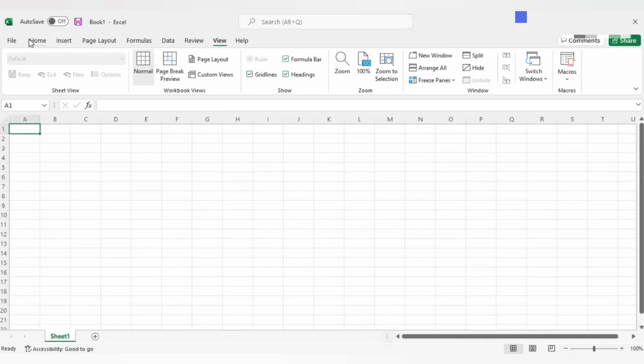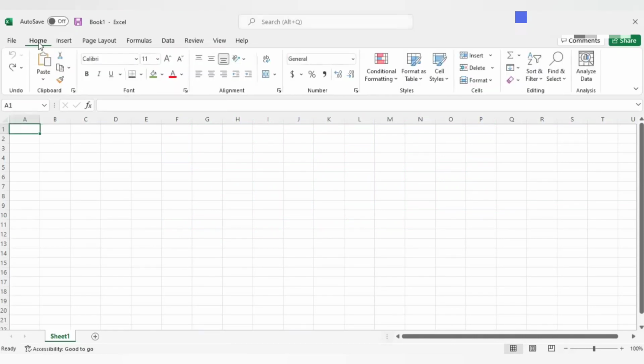First thing I want to do is tap or click on Home, right here at the top. And I want to change the font and the size, just a little cosmetic update so it's more interesting while we set this up. So before I do that, what I'm going to do is click in